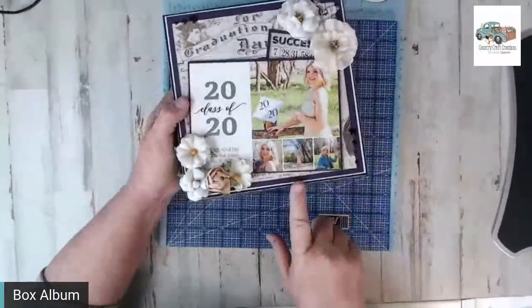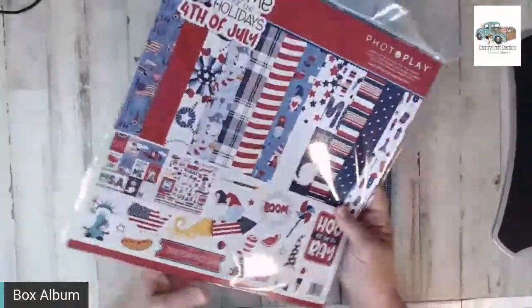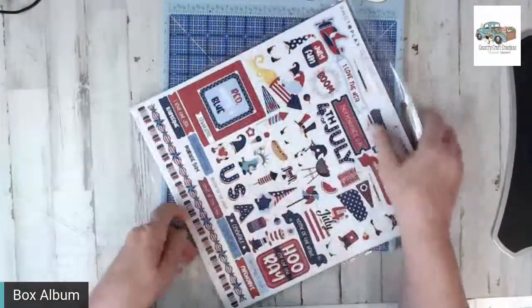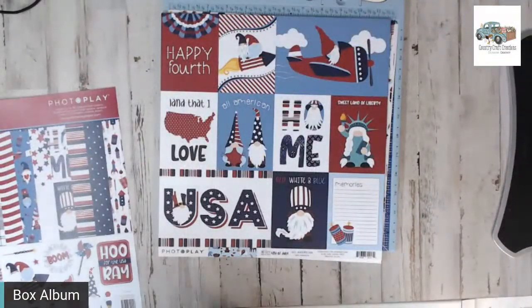And then I want to show you really quick the Photo Play Gnome for the Holidays, which just showed up at the door. And it will be on the website after the show. I'll have to get everything loaded. Oh, hi, Sharon. I hope you liked it. Gnome for the Holidays by Photo Play. So if you are a gnome lover,